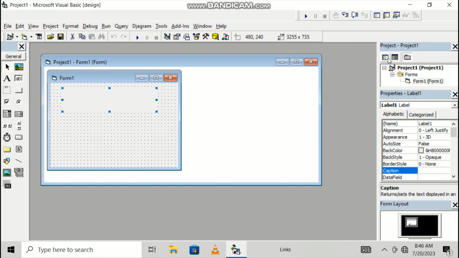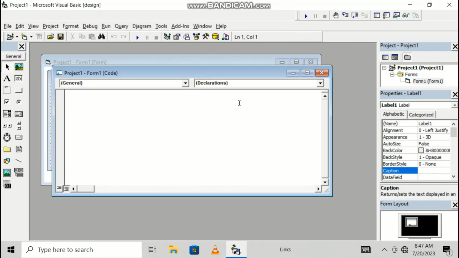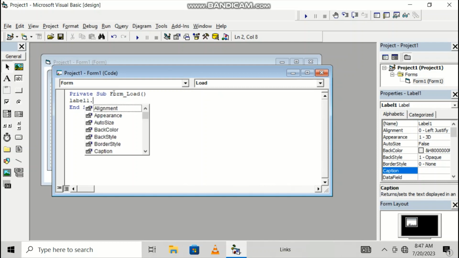By coming to the view code window, you can click there. Now you select the object. For example, I have a form, I have a label, so I would want to click on the form. So in the event that this form loads, what can it do? For example, I can put some text in that label. How do we do that? Just write label 1, you mention the name of the label, label 1 dot caption is equals to